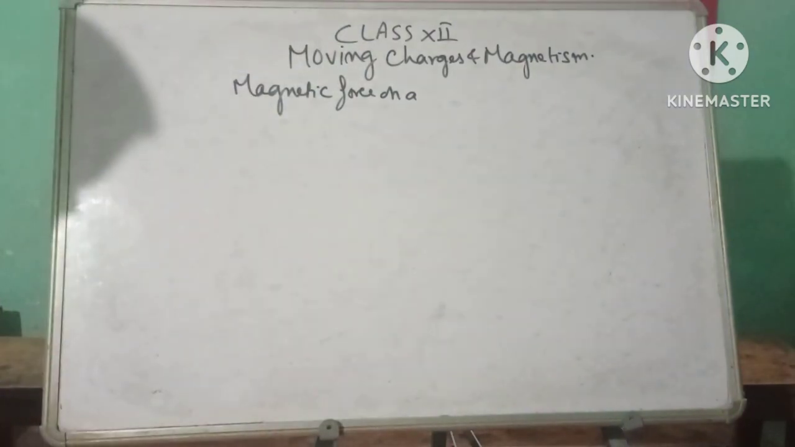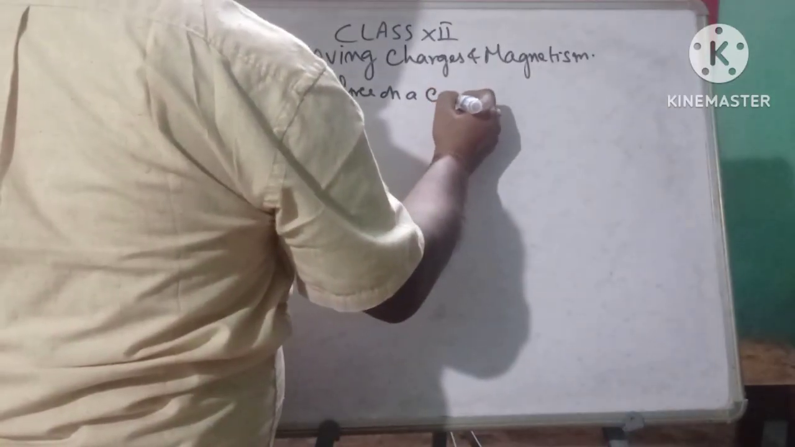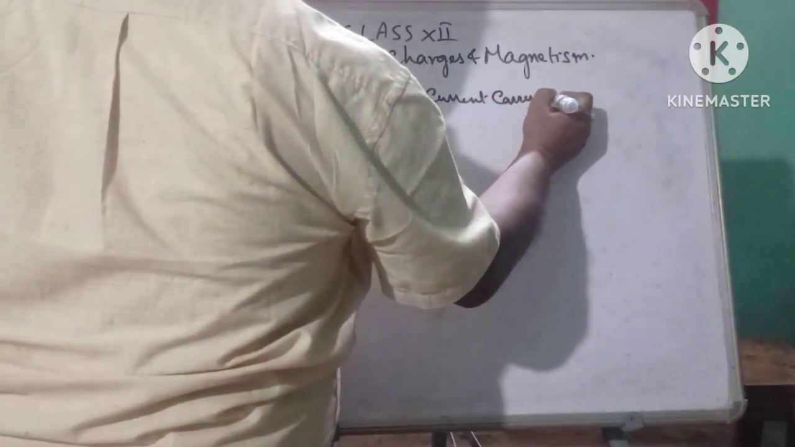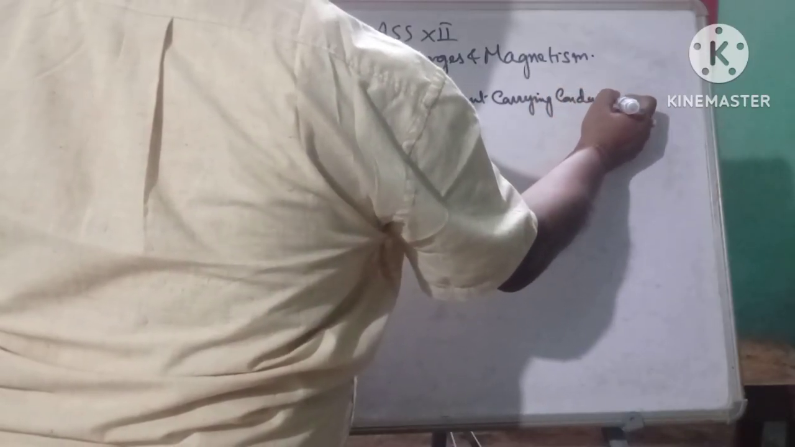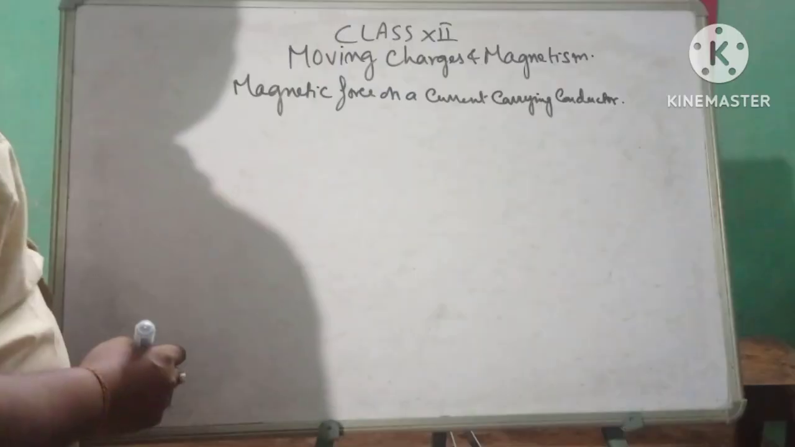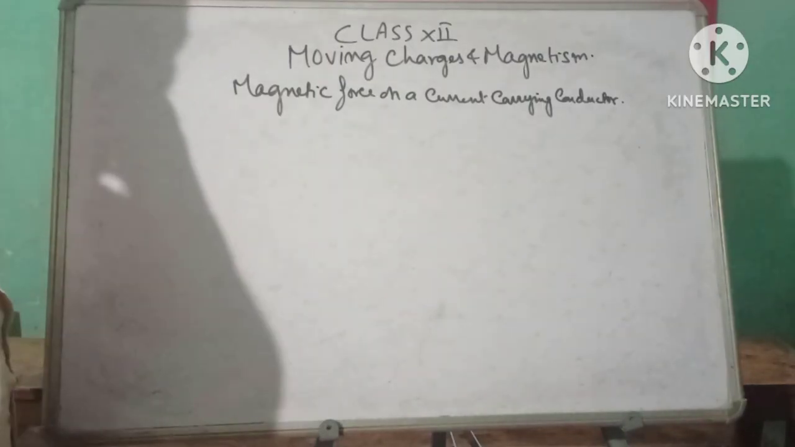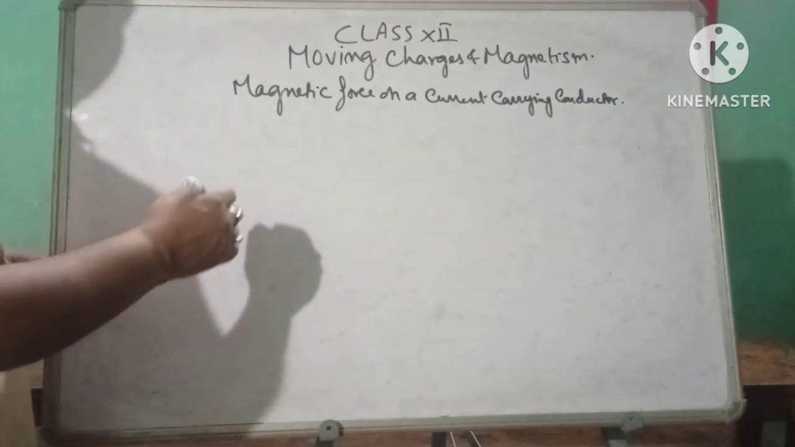Magnetic force on a current carrying conductor. Moving charges and magnetism, this is the chapter. Magnetic force on a current carrying conductor. That means